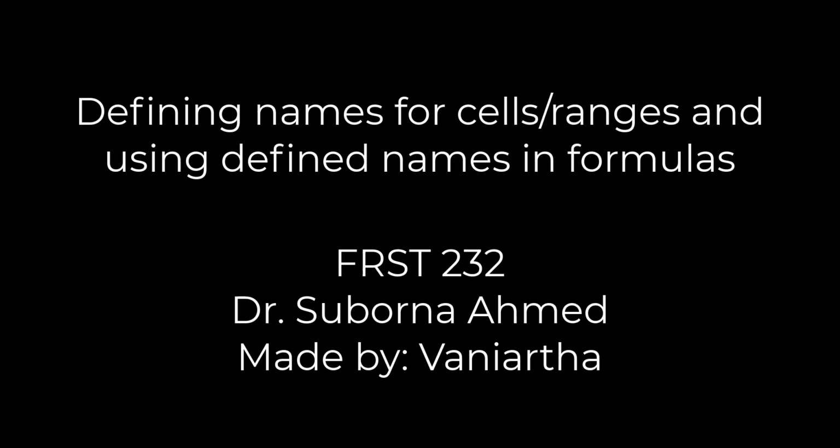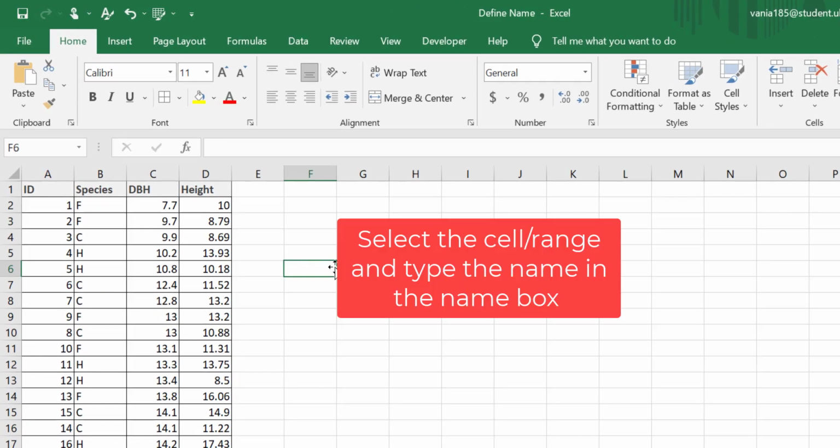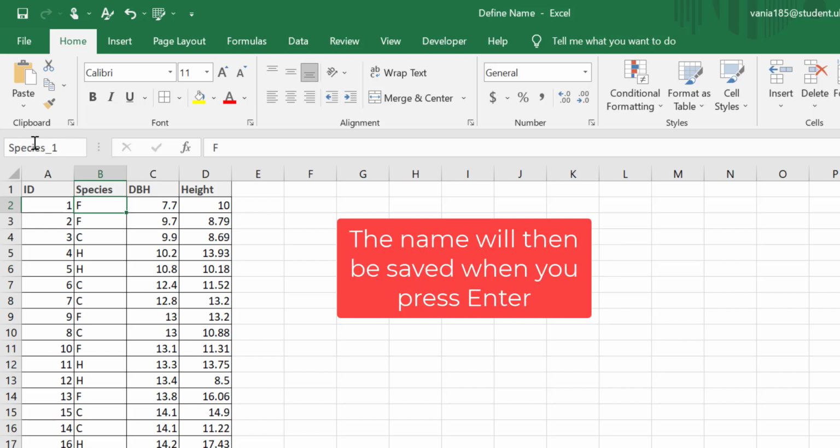In this video, you will learn about how to define names for cells or ranges and use them in your Excel formula. To define the name of a cell or a range, we can select the cell or range and then type in the name in the name box. For example, here we can type in the name species1 and press enter, and the name of the cell will